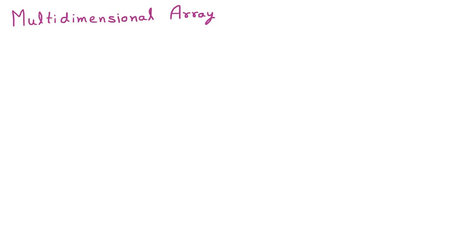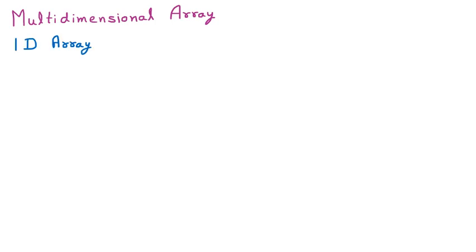Now we are discussing the topic multi-dimensional array. We know that an array is a collection of elements of the same data type. Let us suppose that we have specific integers which are together, so that is the array. Talking about multi-dimensional arrays: 1D, 2D, 3D and ND. These come under the multi-dimensional array. So I am starting with the 1D array.